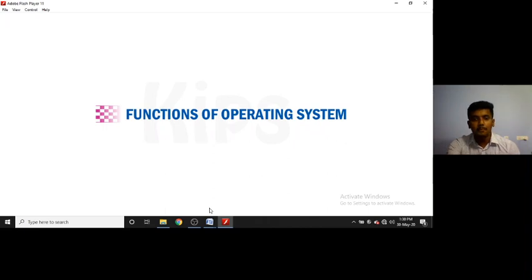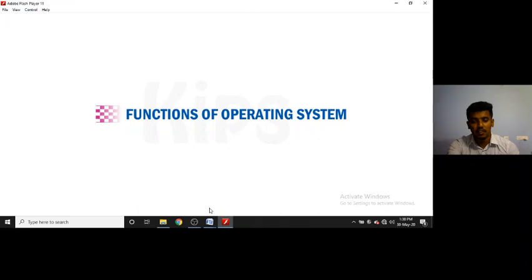Interface is the way you are interacting with the computer or the screen. There are two types of interfaces: one is the graphical user interface and one is the command user interface. In the command user interface, all the instructions are given in the form of commands or sentences, whereas in the graphical user interface, we touch the graphical objects and based on that the task will be performed.